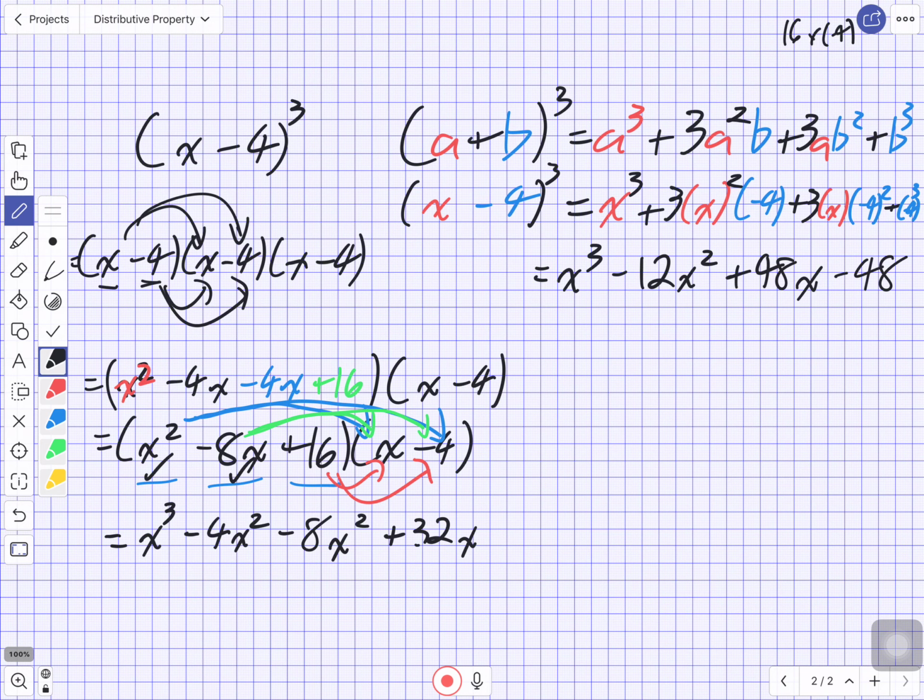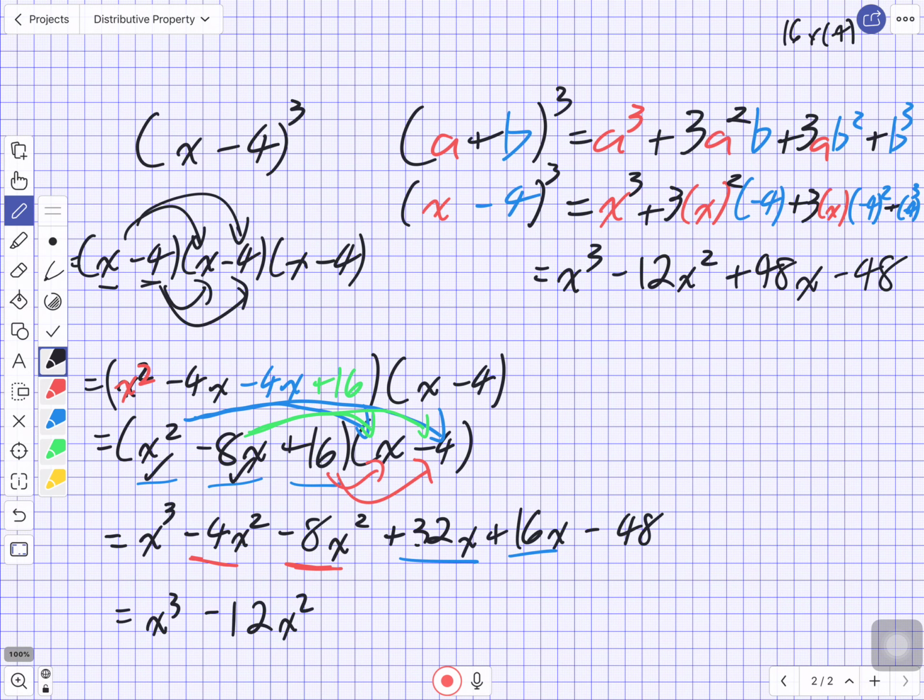Finally, the last one is 16 times x is positive 16x, and 16 times negative 4 is negative 48. We then got to collect all those like terms. So we have x squared and x squared, and we have just x and x, right? So we end up at x cubed. Negative 4 and negative 8 gives us negative 12